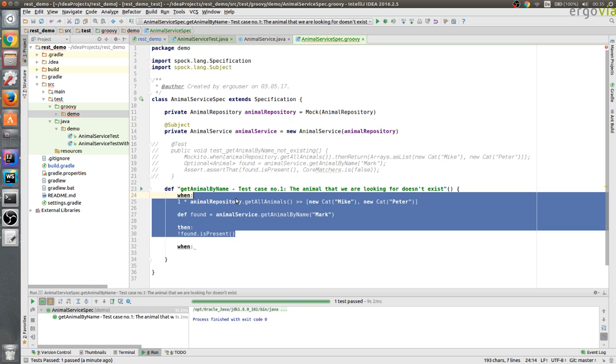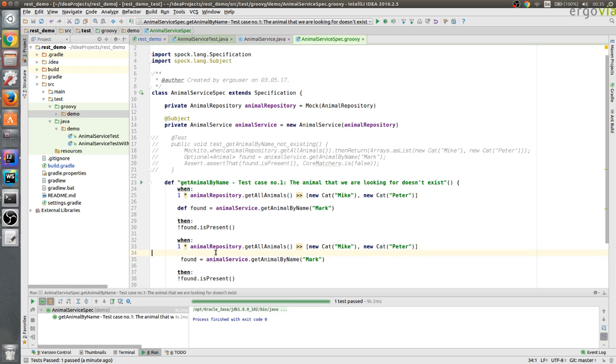We are not allowed to define that again, and we have already defined something here. So we could do this here, say 1 times this, and we return this again. Call here Mike, and say now it should be present. We can run the test again. It should be green also,